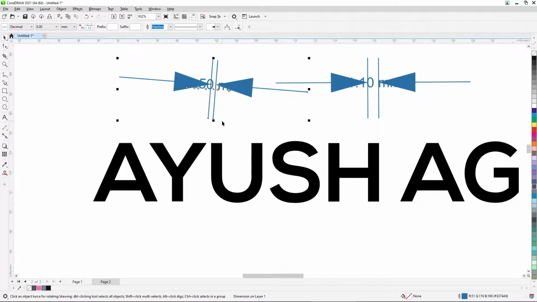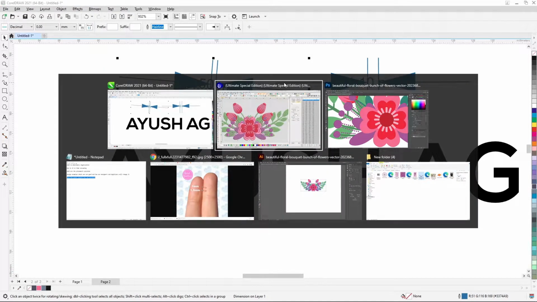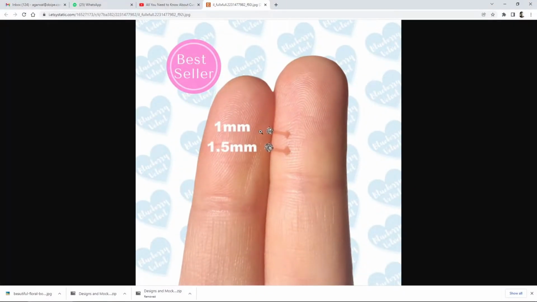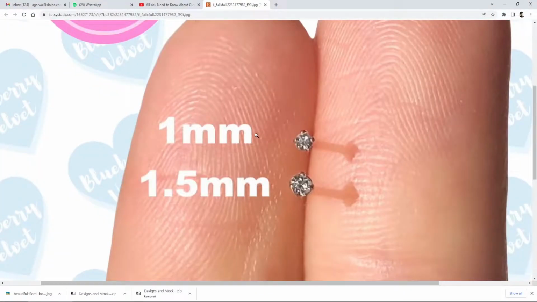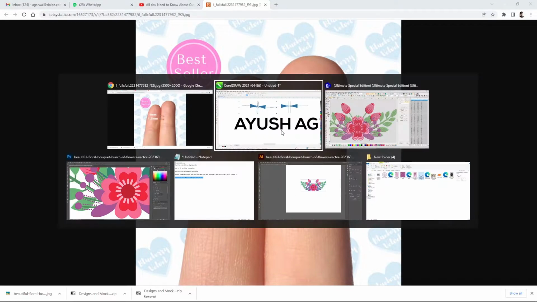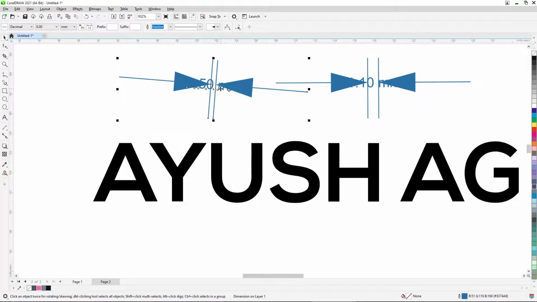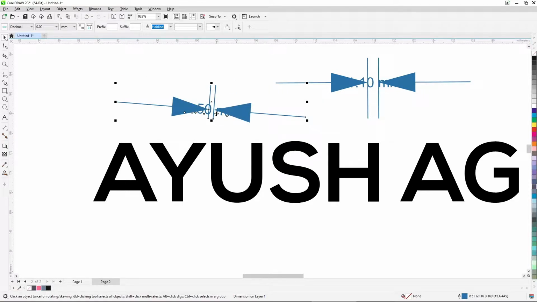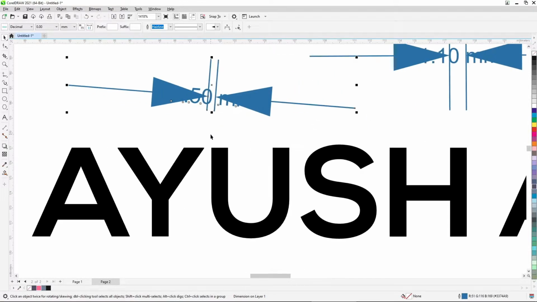Now some people understand how small 1 millimeter is, some people don't. So for that I got this image. This is how wide 1 millimeter is. Hopefully you understand. So this is 1 millimeter, this is 1.5 millimeters. This is how tiny 1 millimeter is. Now for a machine it's impossible.